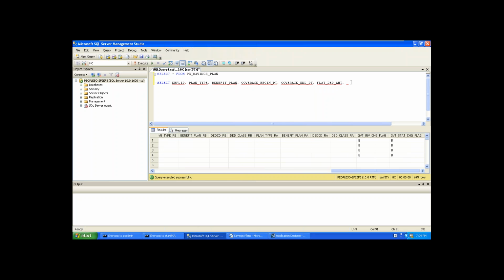Okay, all these fields, amount from the savings plan table.